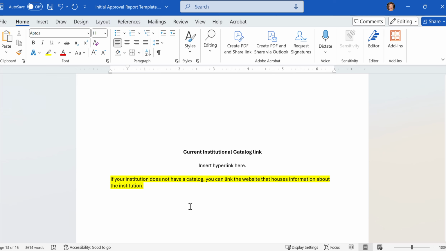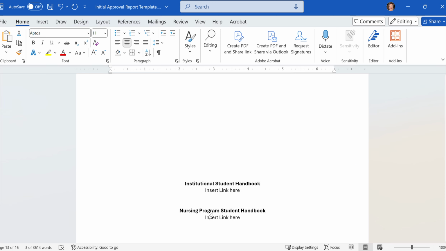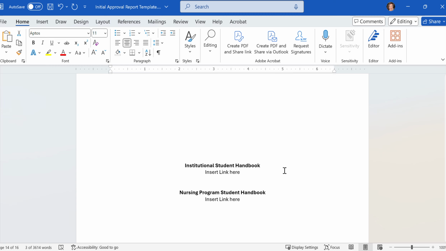Then we get into a few pages where you are going to insert a hyperlink. If your institution does not have a catalog, you can link the website that houses information about the institution. Just be sure you direct me on where to look. This is not considered an appendix. It is part of the report. Same way with the handbook,